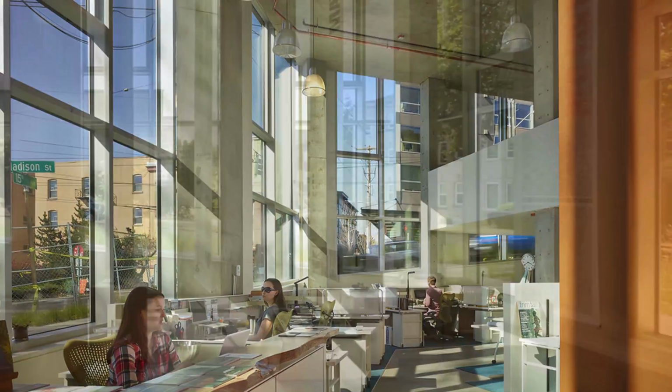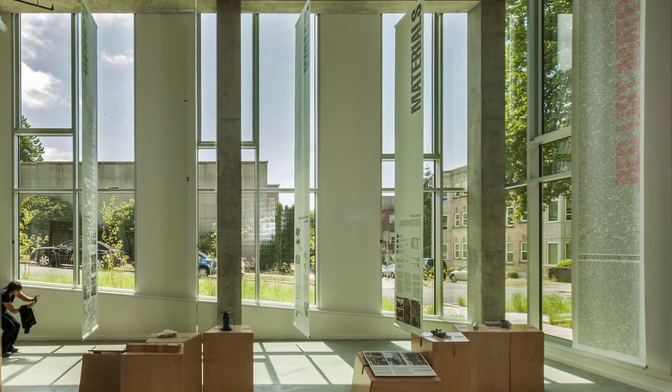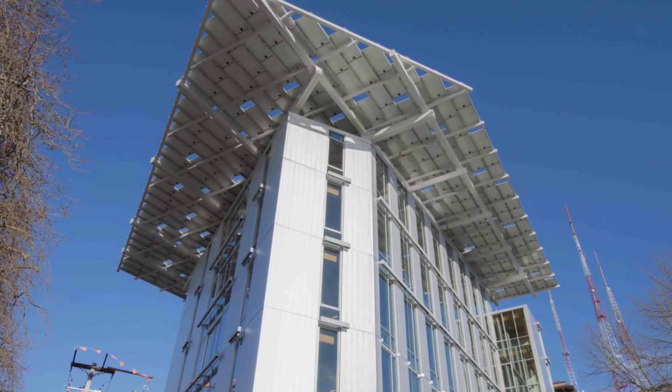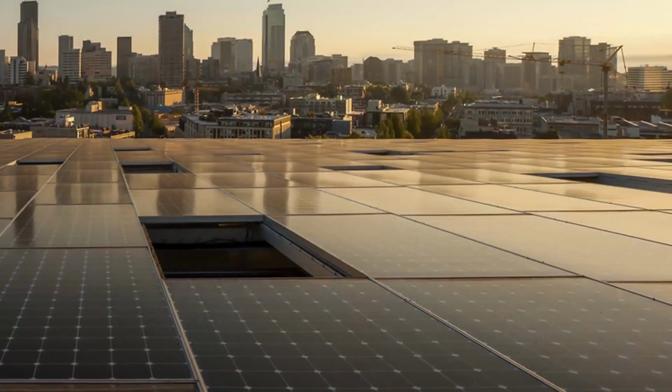If standing the test of time has meaning, this building's unique claims to fame include a heavy timber, concrete, and steel structure that should stand for 250 years. A 50-year high-performance skin, and a 25-year active solar control. The building's control system